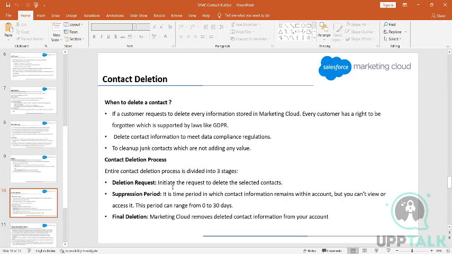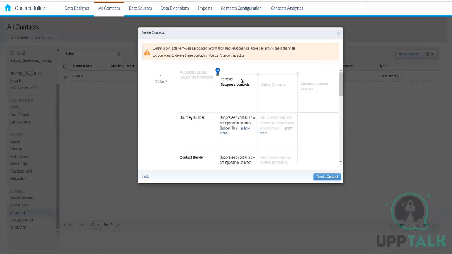Now, once the contact is initiated for deletion, it goes into the suppression period. What is the suppression period? It is a time period in which a contact stays in the system, but it is not available on the UI, and we cannot see or access that contact from any of the applications. Like it is showing us over here that